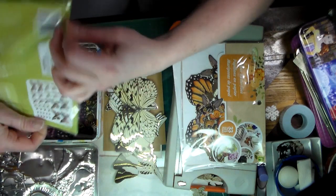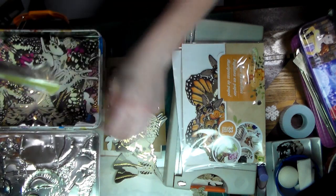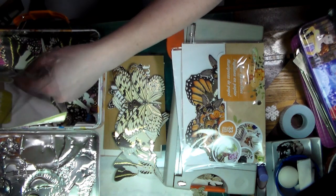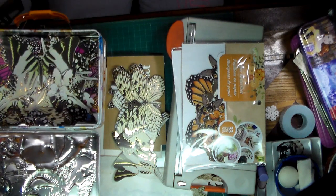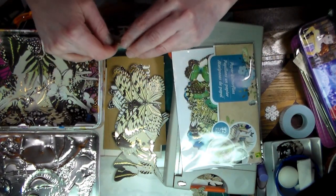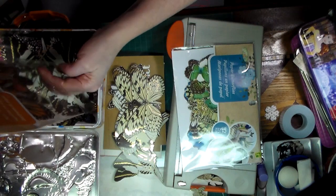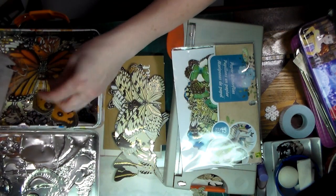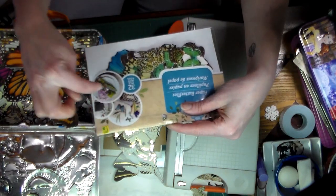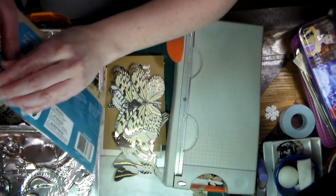I'll be putting all of these in here, and then what I was thinking of doing is using some book paper to cover some of this, and then I could use my gelatos, or I could also use brushos and color bursts that I haven't been playing with in forever, so I thought that could be fun as well. They use them on all kinds of stuff for decoration, like they even put them on the wall. I'm not convinced I would put these on the wall, but